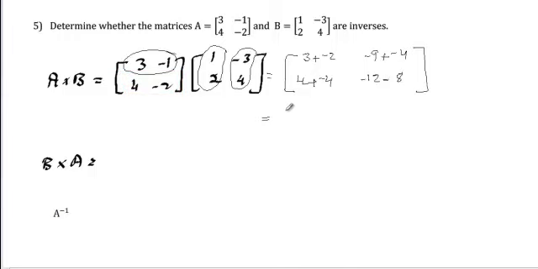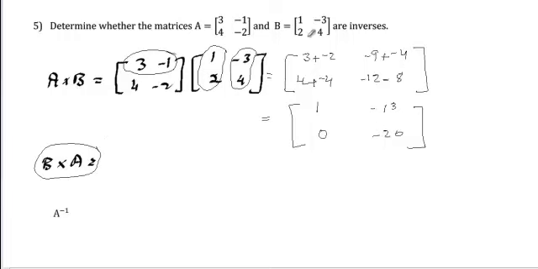So we do the addition. 3 plus minus 2 is 1. Minus 9 minus 4 is minus 13. 4 plus minus 4 is 0. And minus 12 and minus 8 is minus 20. So in this case, we don't have 1 0 0 1, so we say that they are not inverses. And in this case, we don't need to perform B times A. Why? Because we already deduced that the product doesn't equal the identity matrix, so the two matrices are not